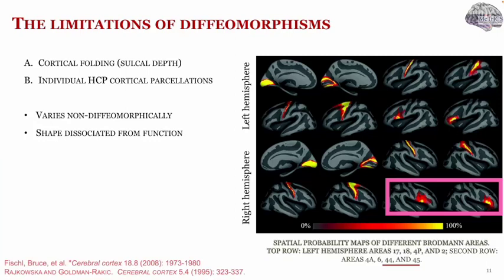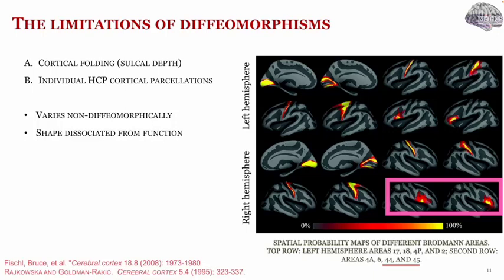Moreover, topographic variation is not the only problem to contend with. So we also need to be mindful of evidence that suggests a dissociation between patterns of cortical shape and function across many areas of the brain. Perhaps the best example of this was described in a FreeSurfer study in 2008, which performed shape-based alignment of